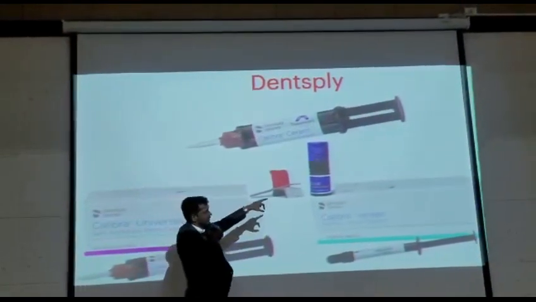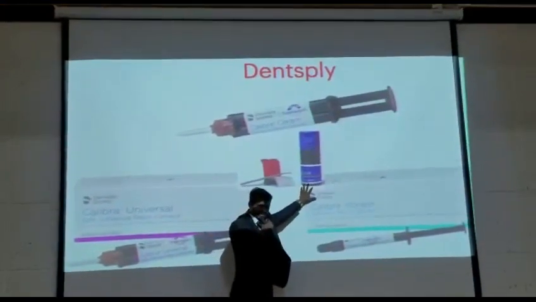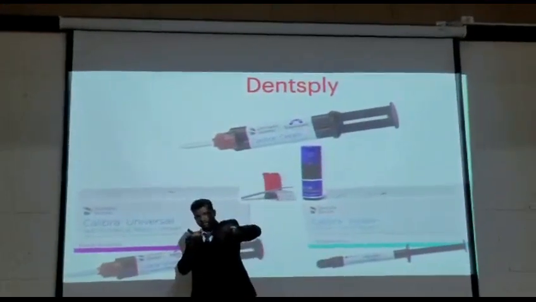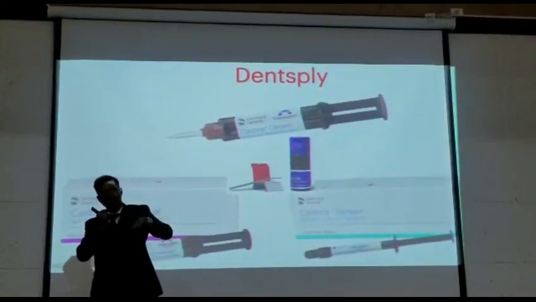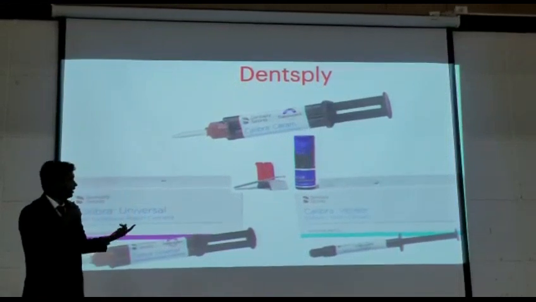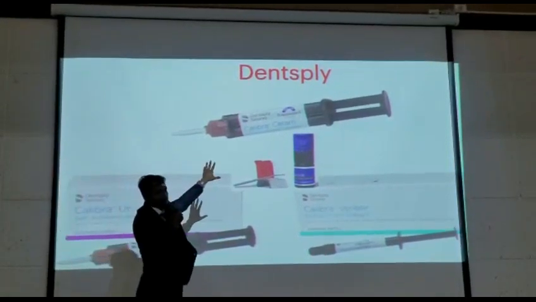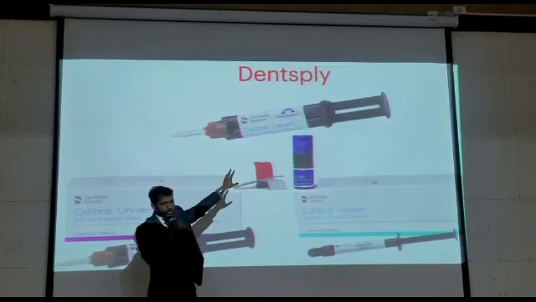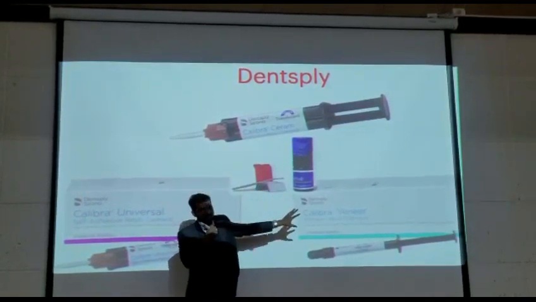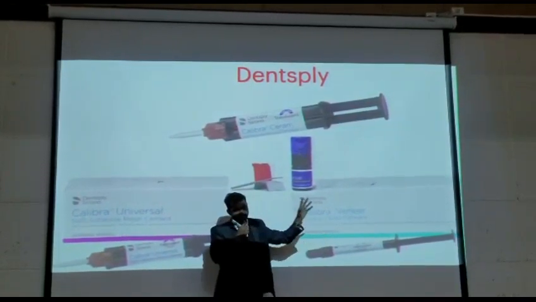Okay. This you have to apply onto the veneer surface, and for tooth surface you have to apply Prime and Bond Universal. Okay. So for adhesive resin cement dual cure you have to apply this, and whereas for veneer also you have to surface treat the veneers with hydrofluoric